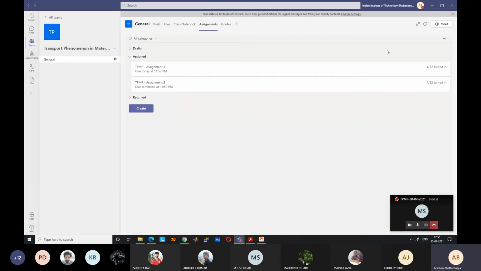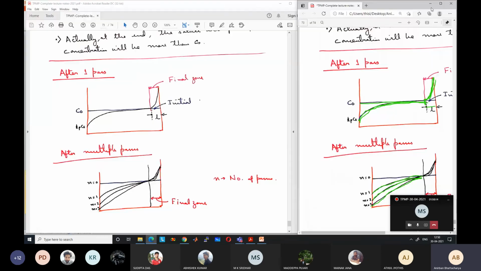Although it's not zone melting, it uses the same concept, 1D solidification, and we can easily find out the final value. Okay, and I will upload another problem, from the initial part: the Childs equation and lever rule based on the phase diagram. Those types of problems you should also be able to answer. So those I will upload today itself.